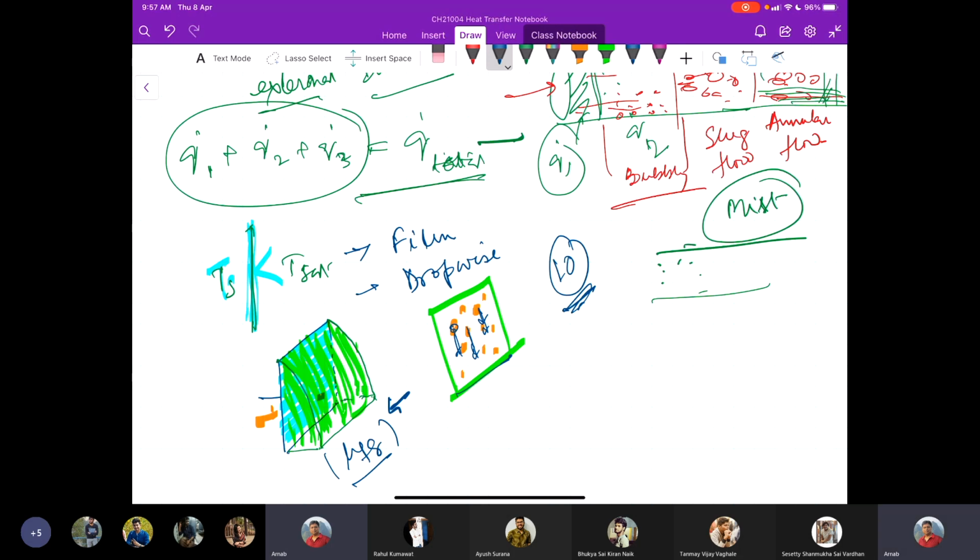So now, again, similar to my previous discussion, if you look at the textbook, you would see several correlations have been provided based on the condensation type and the shape of the object. Again, in this film flow, you can understand there will be the question of whether the flow is laminar or turbulent. You have to quantify laminar and turbulent.